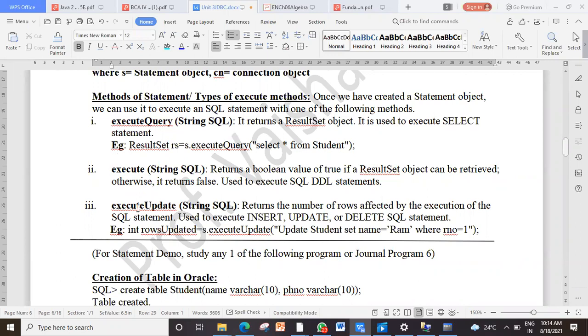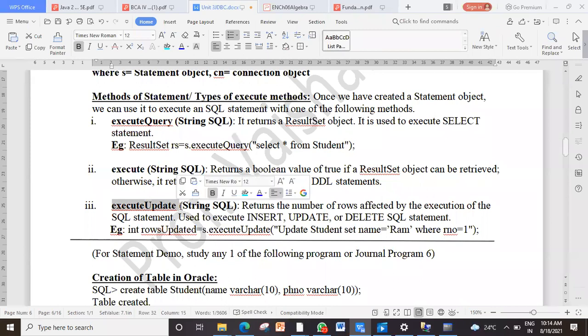Next is execute update. Yesterday, I was telling you about action queries. Whether you perform deletions or updations or insertions, that is going to modify the database content. There is no journal program based on such queries, but interested students can do these programs. For that, you will use execute update. It returns the number of rows affected.